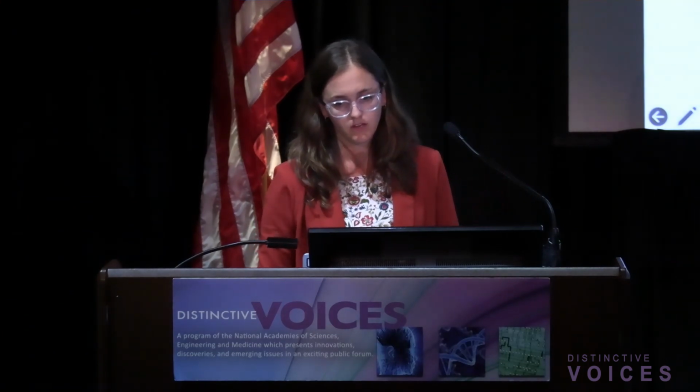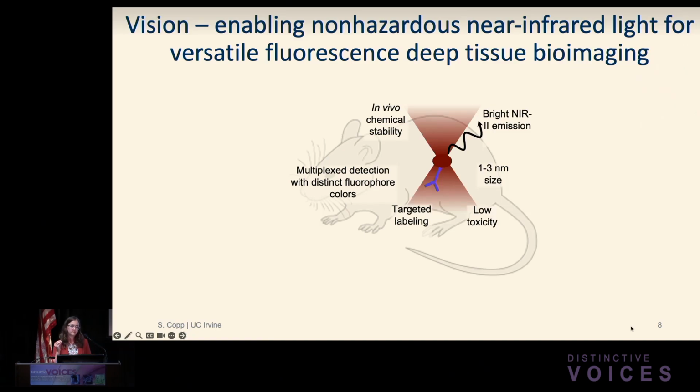So what can we do to get to that region there, where we have a very bright emitter that is very small? Well, this is the vision that we are trying to enable. We want to find these very small near-infrared emitters that are biocompatible. Ideally, we also want them to fluoresce in this so-called near-infrared 2 tissue transparency window, and that was at the tail end of those graphs, where things like absorption and scattering and autofluorescence were very, very low. We would also like them to be easily targeted to specific biomolecules or tissues, and it would be nice if we could multiplex them. That means have multiple different colors in the near-infrared, so we could look at multiple targets